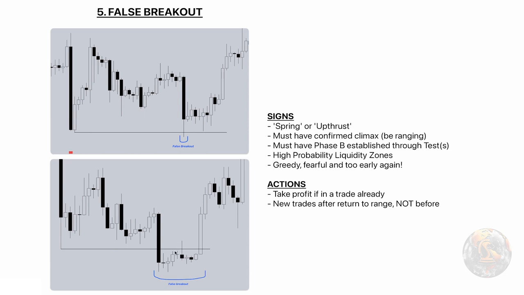In example of this, you would never have gone long here because you didn't get the first part. You didn't get a close inside, right? As soon as you close back inside the range, you can look for longs. And if you want to go to lower time frames, you can get earlier entries. And so that's it. That's number 5, false breakout. We'll go through next into number 6, which is the actual breakout, and then number 7, which is the confirmation.